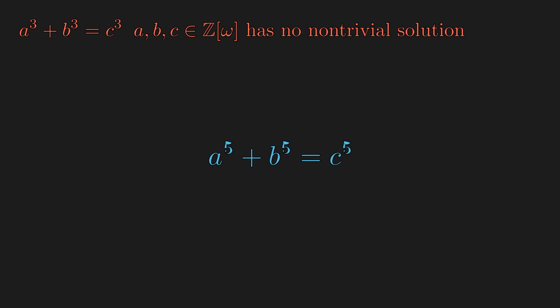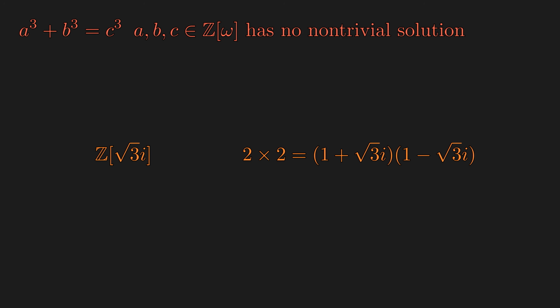So couldn't we just try to use the same technique to solve Fermat's last theorem for every different power? Well, not all number rings are made the same. For example, Euler attempted to solve the case n equals 3 several times, coming up with faulty proofs. In one of those faulty proofs, he was working over this number system. And in this number system, factorization of numbers into primes is not even unique, which led to a faulty reasoning. In the language of modern ring theory, we say this ring is not a unique factorization domain.